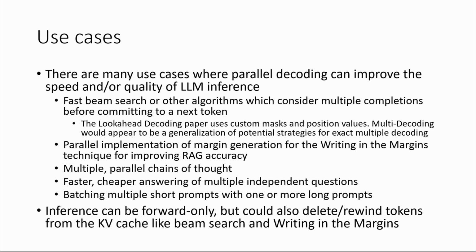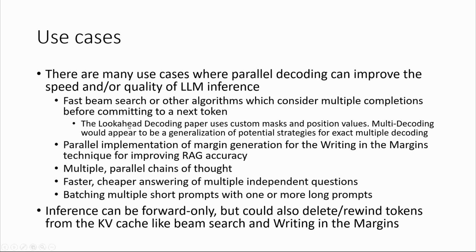Right now, doing any of those is expensive because for every node in a tree that you consider, you're doing an inference pass. If you use MultiDecode, then you really only need as many inference passes as the height of your tree. And so it's logarithmic in the number of nodes in your tree. And so you can do beam search or some other search algorithm, and you can search